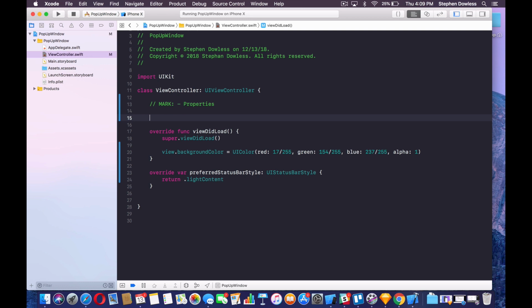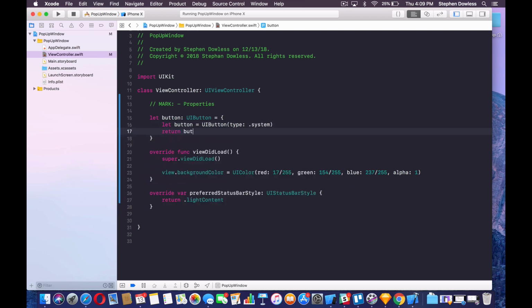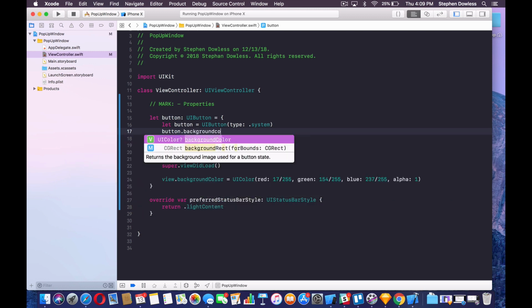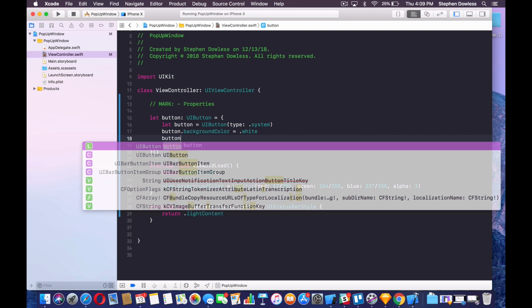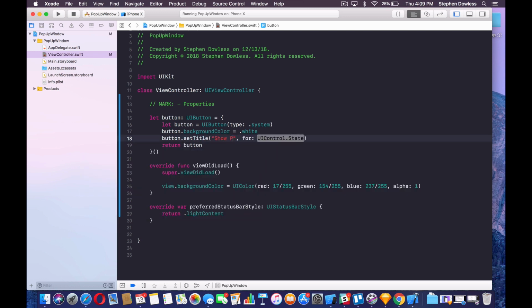I also create marks to organize my code. So we're going to say let button: UIButton equal open close bracket, that button equal UIButton type .system, return button. Okay, so now let's start configuring this button. We're going to say button.backgroundColor equals .white, button.setTitle is going to be "Show pop up window", .normal,